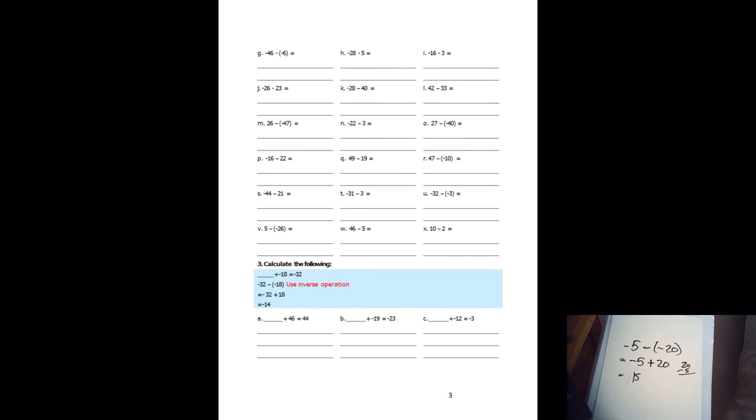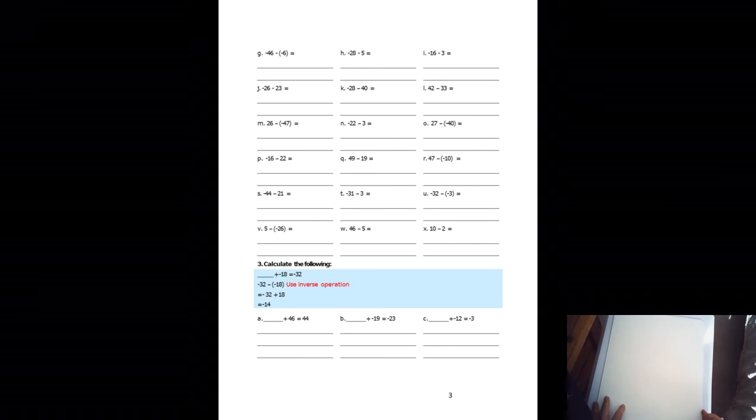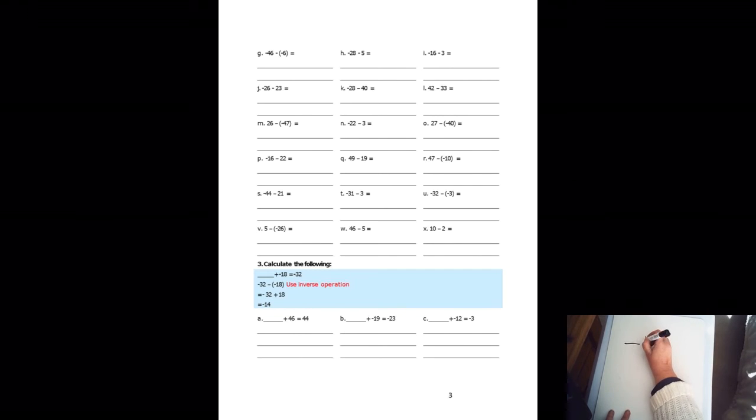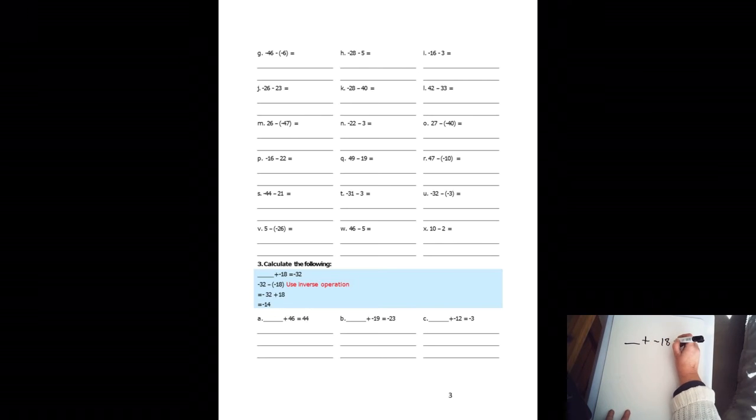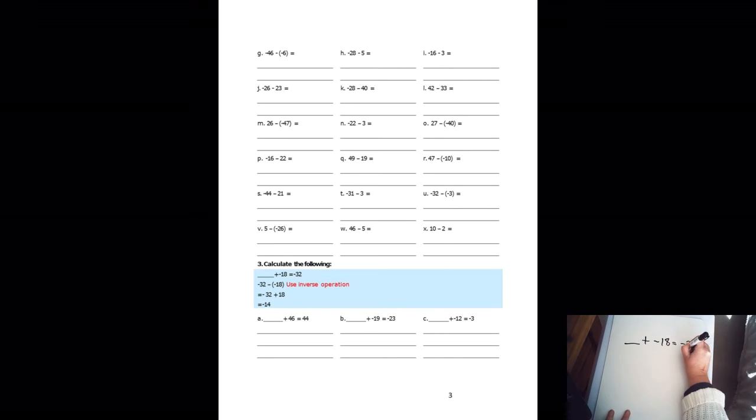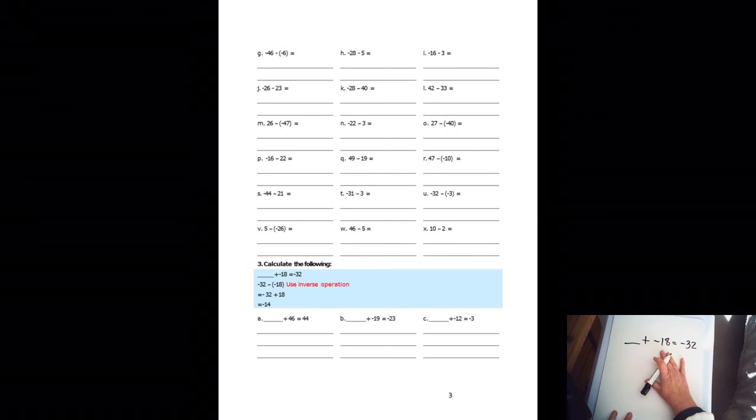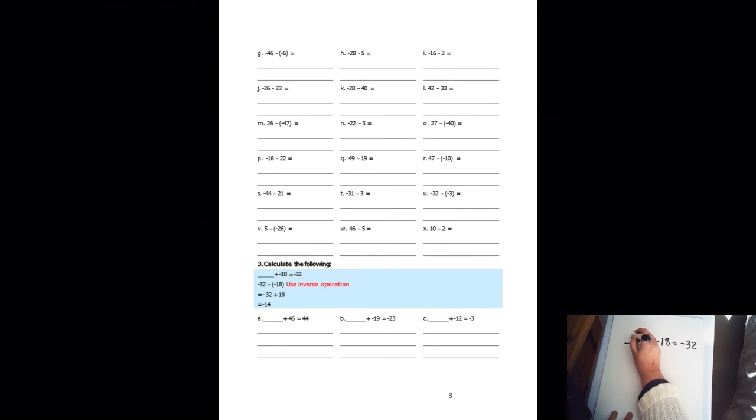Alright, now, part of your homework today, number 3, says, work out using the inverse operation. So, if I've got something plus minus 18 is equal to minus 32. Okay. The thing to remember here, guys, if I've got a placeholder in the middle of a sum, like this,